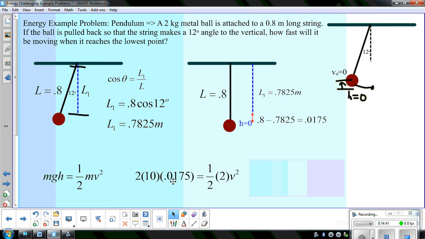So 2 times 10 times our initial height. So that's this red line over here, from here to here, or this difference in height, is 0.0175 meters. And then at the bottom, if it's at a height of 0, it's all kinetic. Solving for that velocity, you get 0.59 meters per second. Hopefully these will be a good guide for you to work on the problems on pendulums,